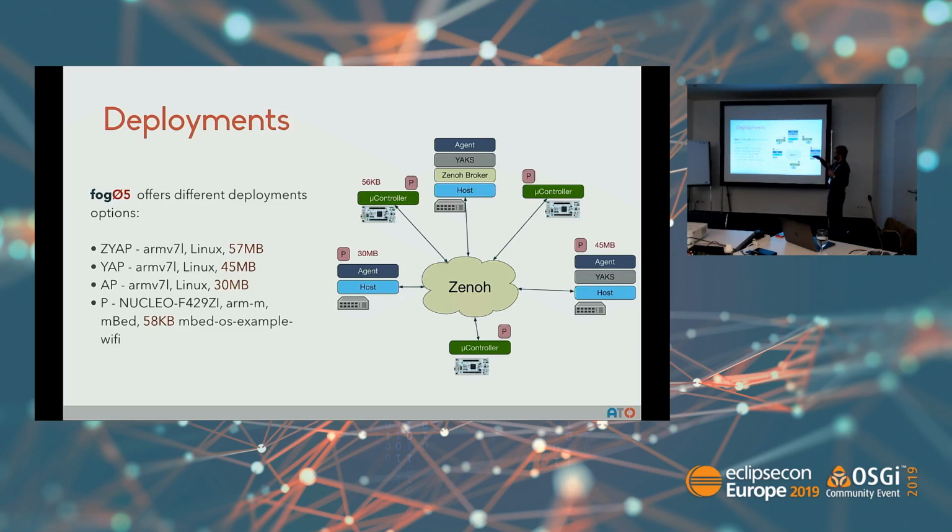While if, for instance, you want to target very small devices, like this one, which was an STM32, a Nucleo board from ST, you can use just the plugin for the device, build that on Mbed, and it will just use 58 kilobytes. In this case, it was of flash memory, because we were not able to check the RAM. And in this sort of deployment, the deployment is a little bit different, but from a user point of view, the user will have the view that this is a complete node. You will not see that one is just a small device with a plugin.